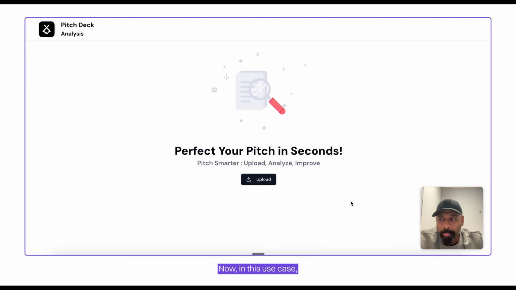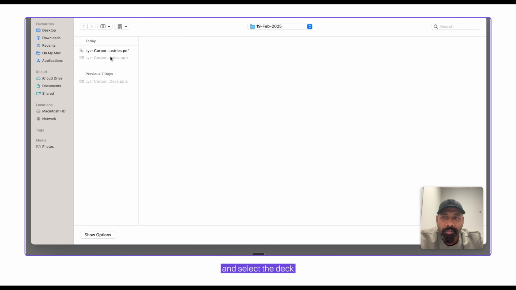Now, in this use case, which came in from one of the leading investors, a global investor, they wanted to build a pitch deck evaluator to open it up to their founders so that their founders could use the free service and try and improve their pitch deck. So all you have to do is click on upload and browse and select the deck that you want to provide, and